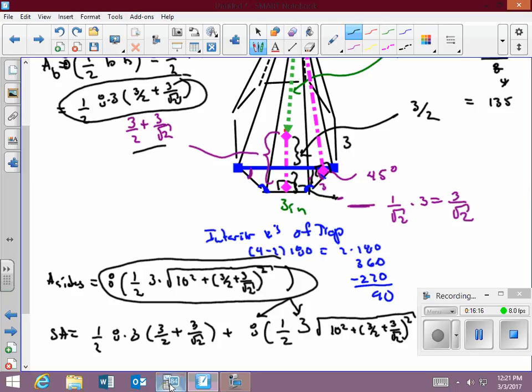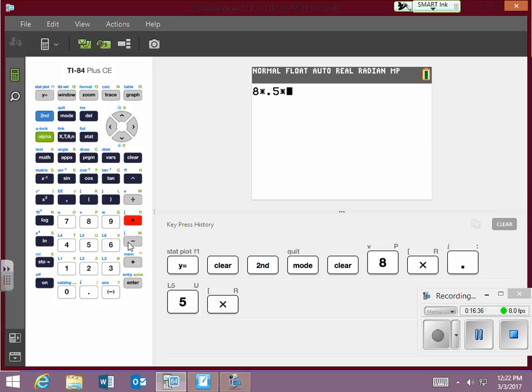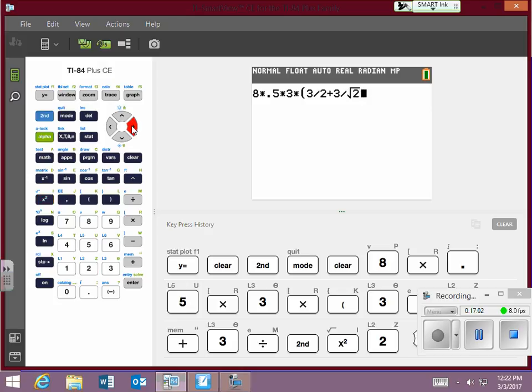Okay, so if I do this, it's 8 times 1/2, which is 0.5, that'll be accurate, times 3 times bracket 3 divided by 2 plus 3 divided by the square root of 2, close the bracket,